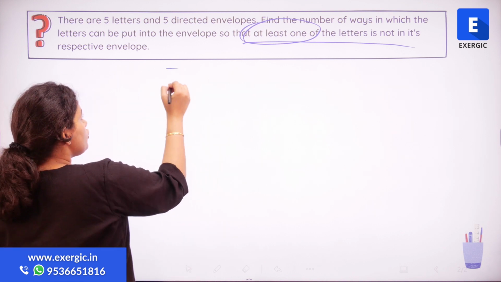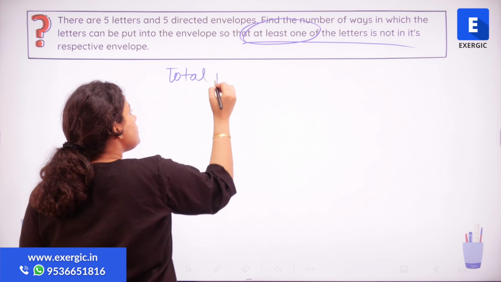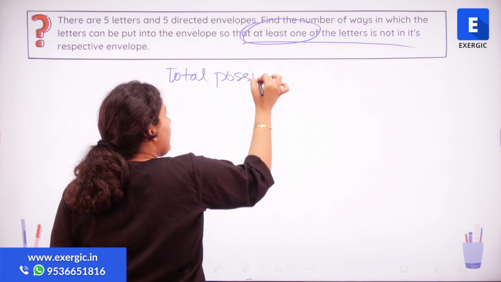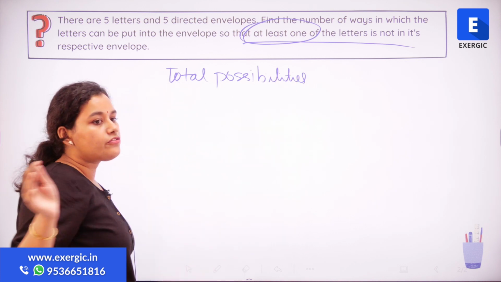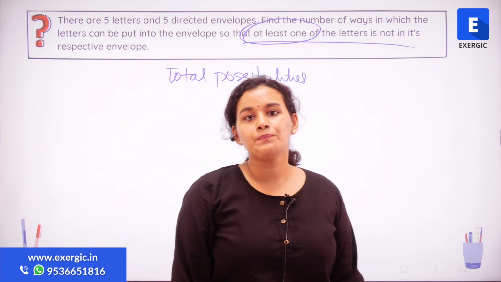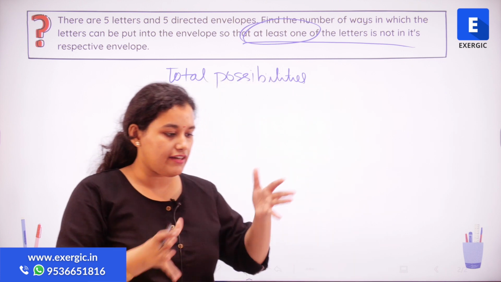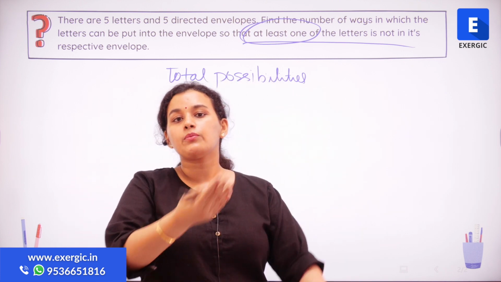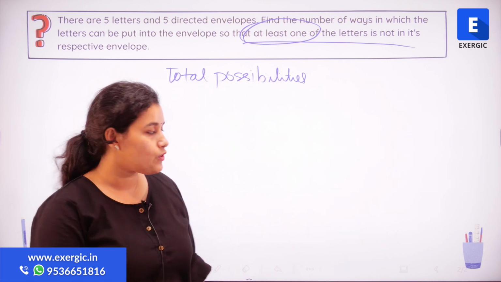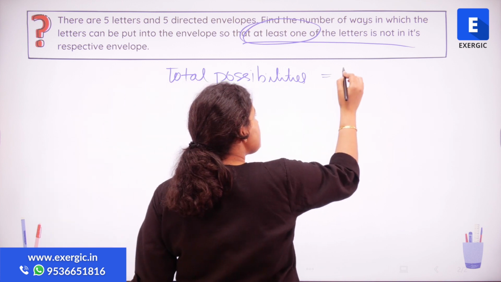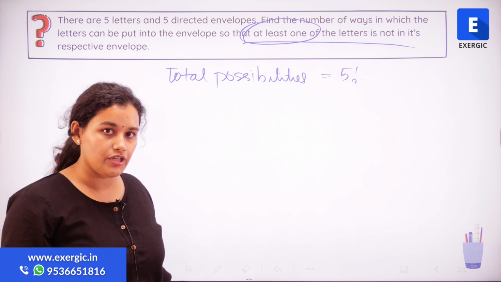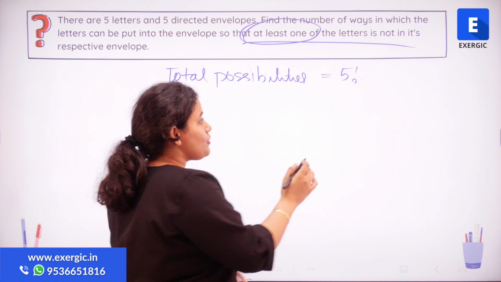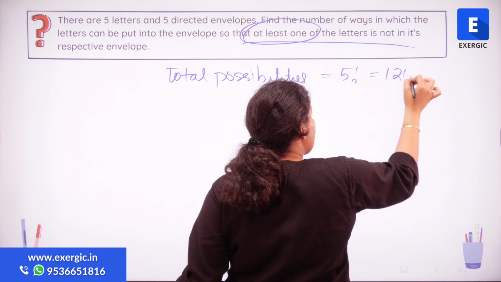So first and foremost, think about all the total possibilities that are there. I have got 5 letters with me. What are the total number of ways in which they can be arranged? That's all there is, right? I have 5 letters. What are the different ways in which they can be arranged? That's what we need to find out. So n distinct items arranged among themselves is given by n factorial. So the number of total possibilities is 120.